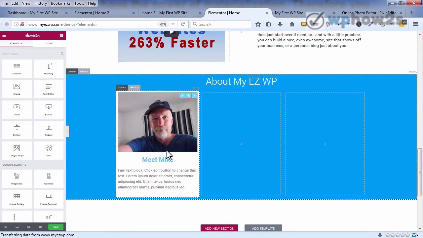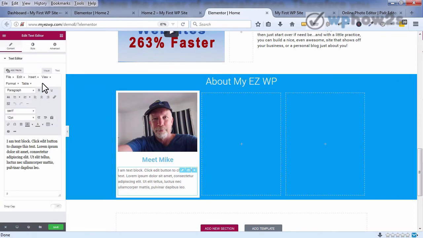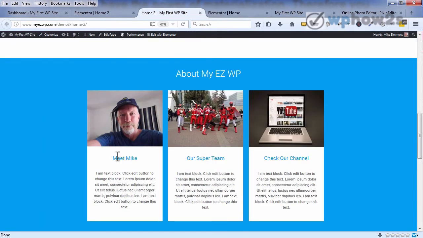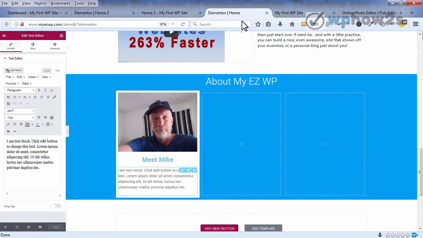but it's not any big deal. Alright, so I'm going to click inside the text editor. Alright, let's click save just for safety's sake. Alright, that's our first column such as it is. Doesn't look quite the same as this. We're going to have to do a little bit of adjusting here,